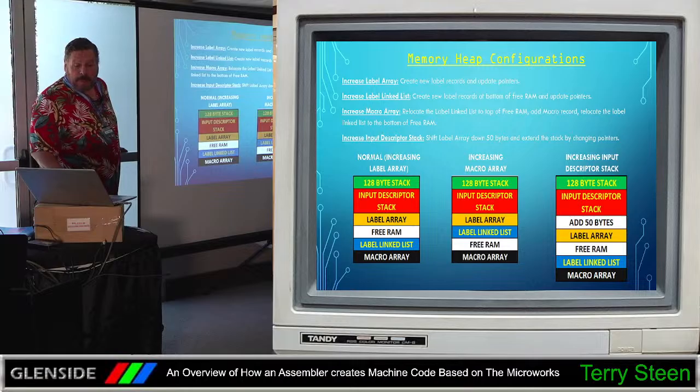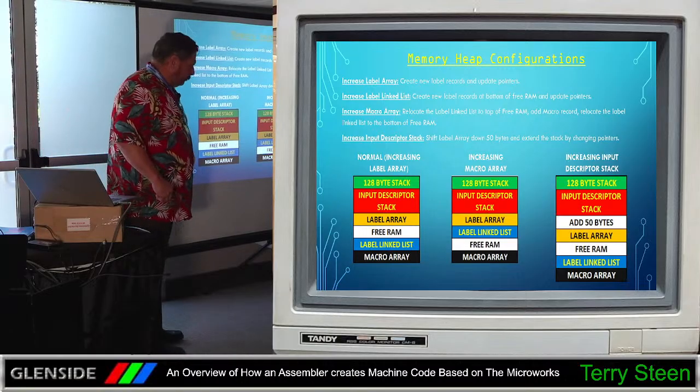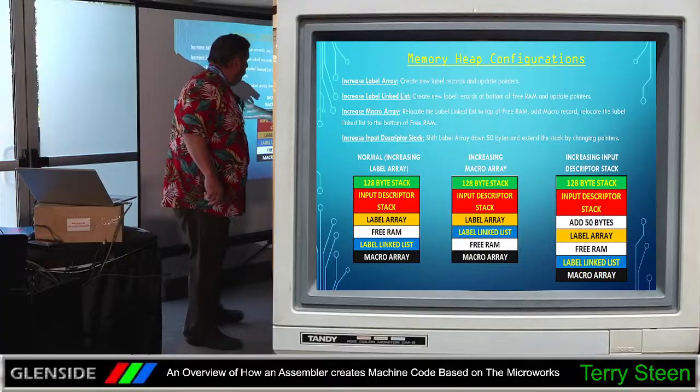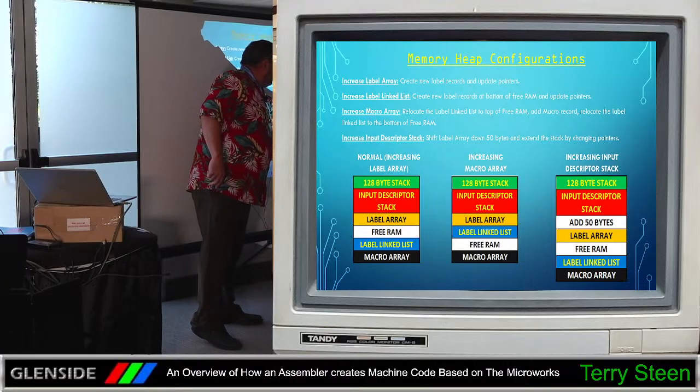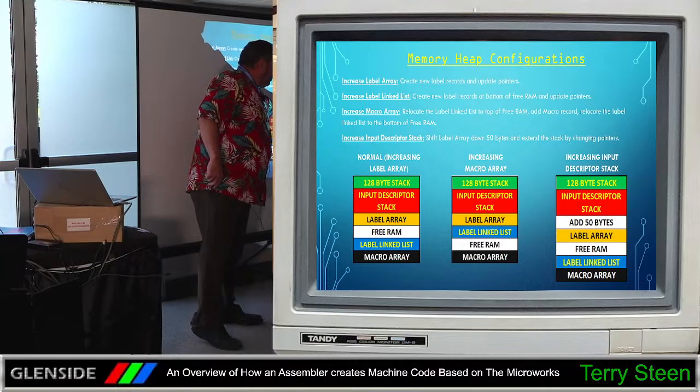And then this is the one that I kept referring back to. The only one that I didn't do was the descriptor. This guy down here, he grows in 50-byte increments. And we haven't even talked about him. We'll get to him later. So if he needs to grow